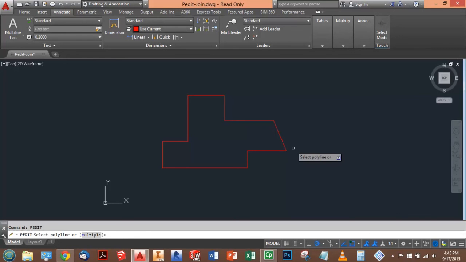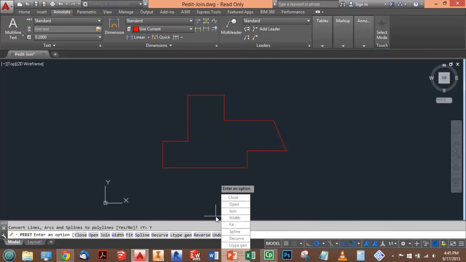So I'm going to use pedit and select multiple. And we're going to select all the objects, hit enter, and it says convert them to polylines, because currently we just have regular lines here, but it wants to know, do I want to convert them to polylines? Yes. Okay, and then I want to join them together, so I'll go to join,